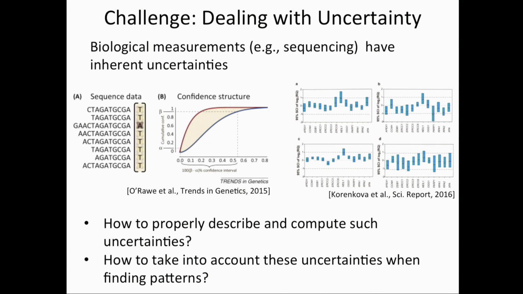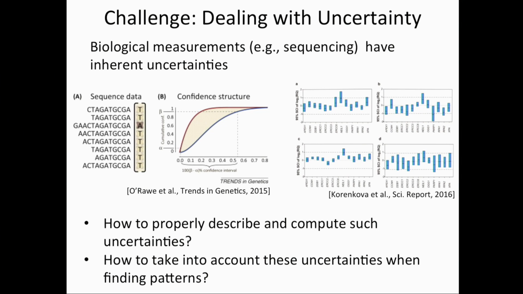And so the measure that you have is not the perfect measure of the gene expression, it is some measure correlated with it, and it would make sense to try to use confidence intervals, for example, for gene expression. However, there isn't a good framework to properly describe and compute these uncertainties for high-dimensional problems like the one we're dealing with. And even less, it's not clear how to take into account these uncertainties when we're trying to